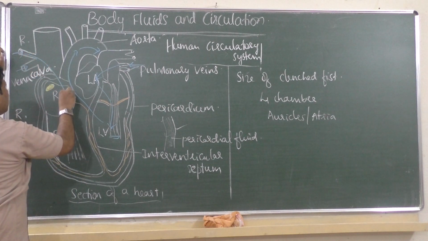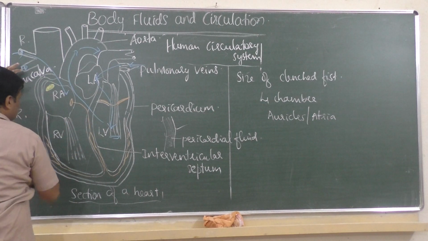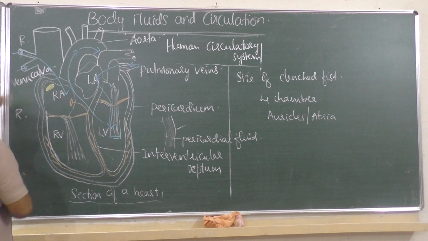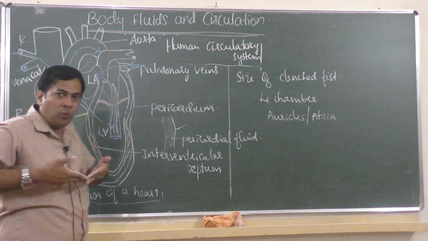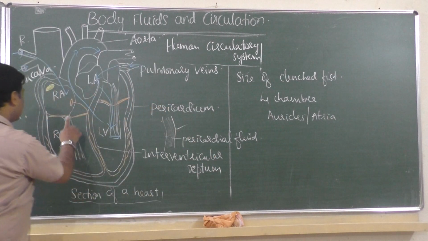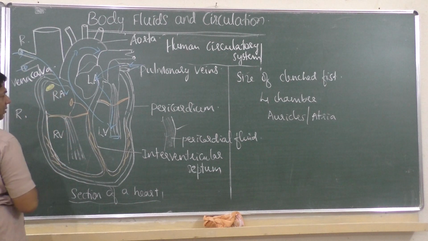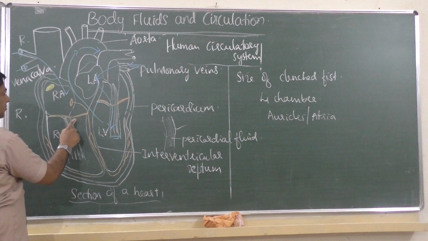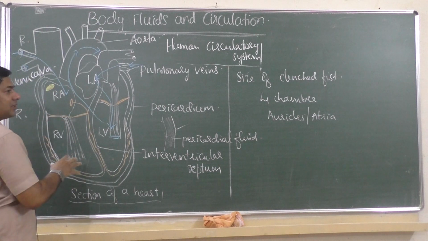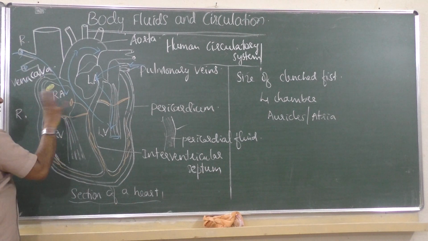So carbon dioxide mixed blood through these two enters and comes to the right auricle. Same thing happens. The right auricle will expand, it will put pressure. Then again here also there are valves present, like a door. Then it will put pressure on the valve, the valve opens and carbon dioxide mixed blood comes to the right ventricle. Blood cannot go anywhere because backflow is not possible. What is the function of this valve? The valve is there to prevent backflow, it doesn't allow reverse flow. Only from auricle to ventricle. From the ventricle it cannot go back.